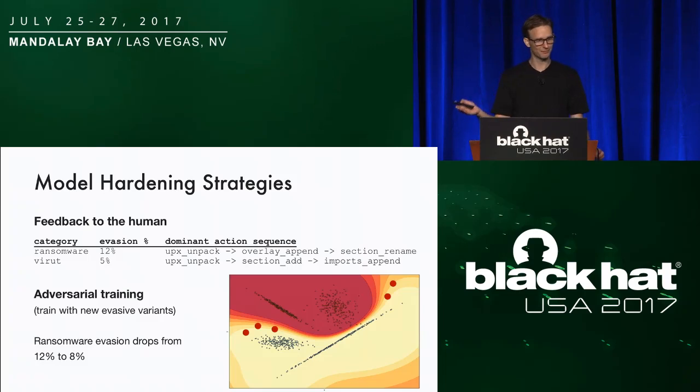Hey, you got these wrong, fix it. As simple as that. We're just appending these totally artificially generated malware samples back to my training set. And in that case, when we retrained our classifier and then re-attacked it with the ransomware attack, the evasion rate dropped from 12% down to 8%. So like a 30% or something decrease in efficacy.